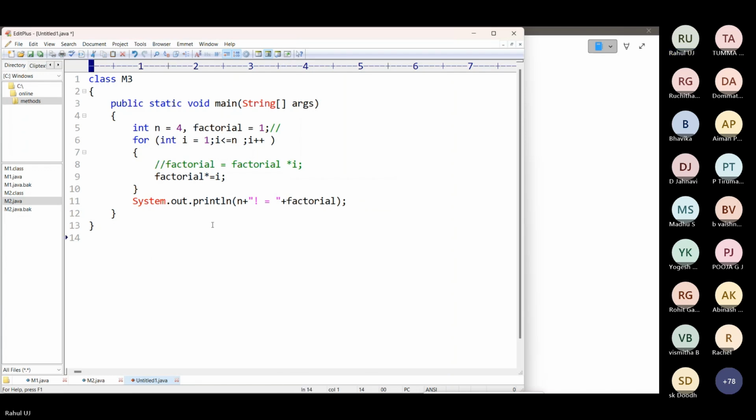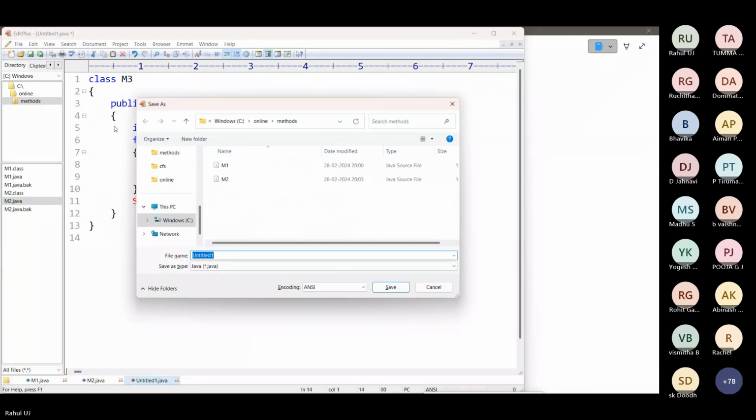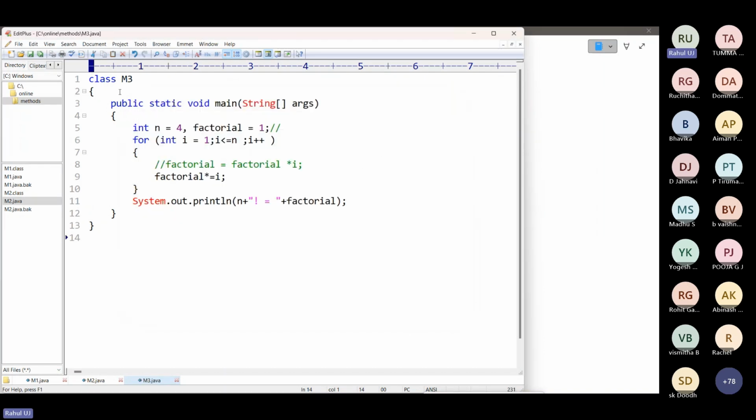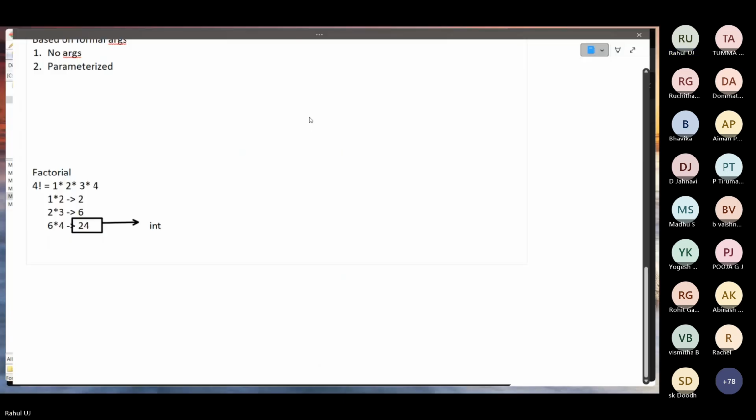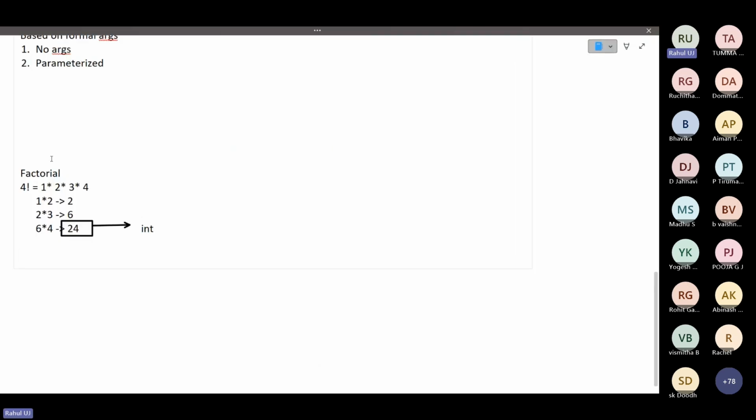So this will be your program, m3.java. If I need to trace it,